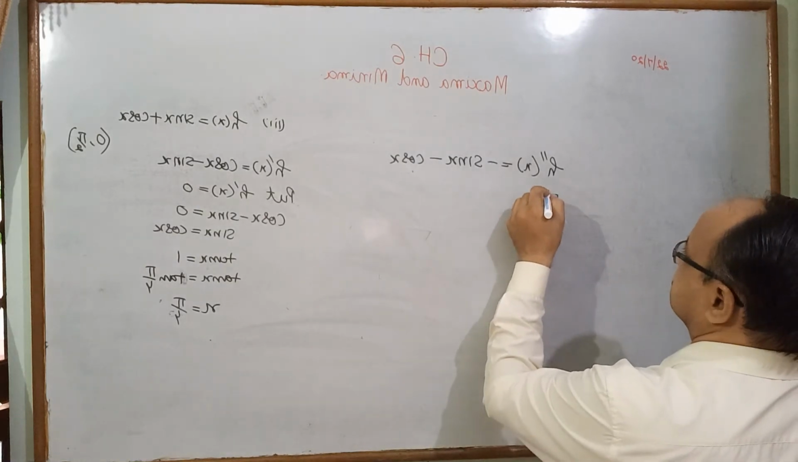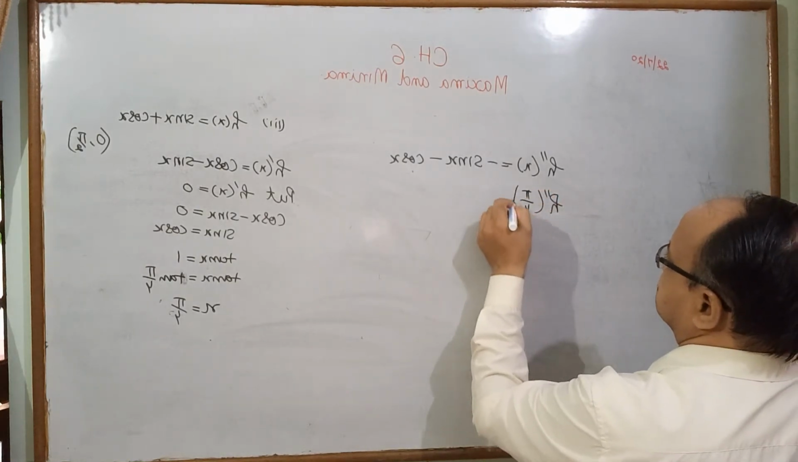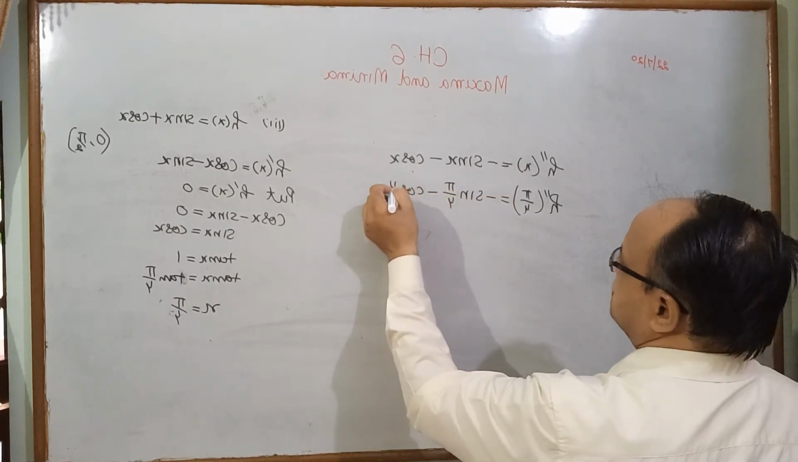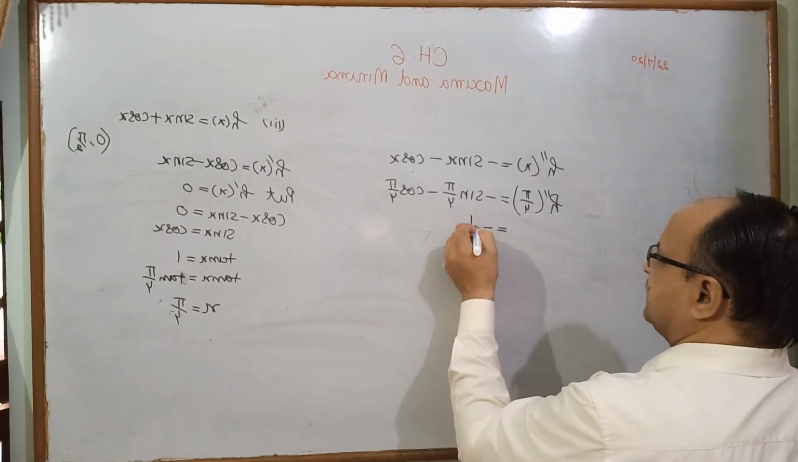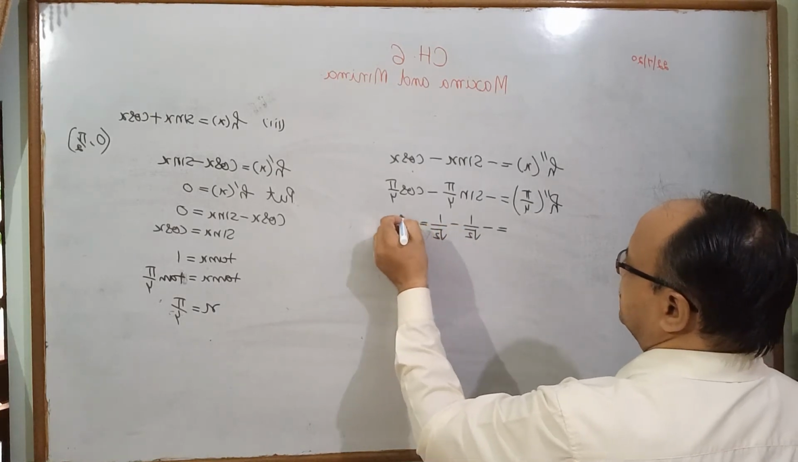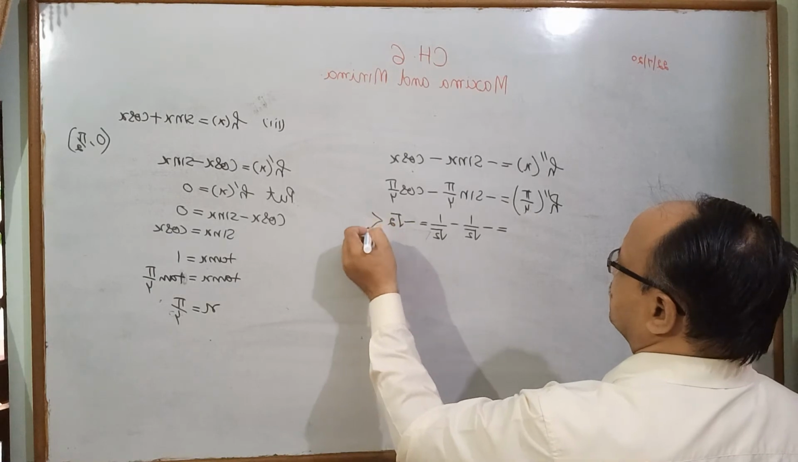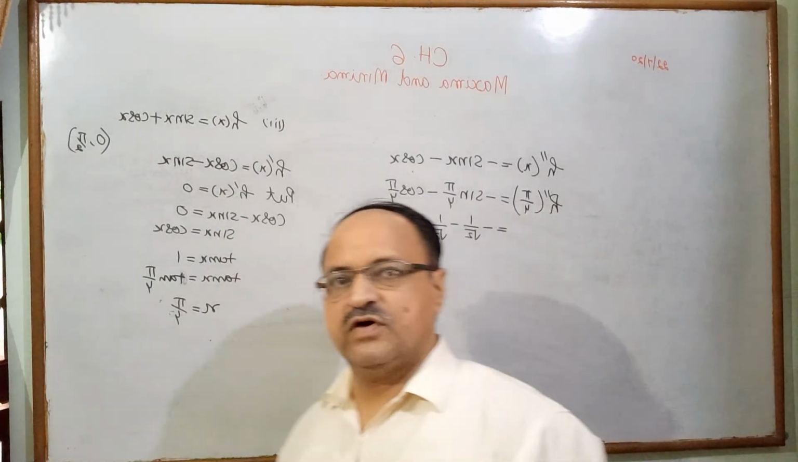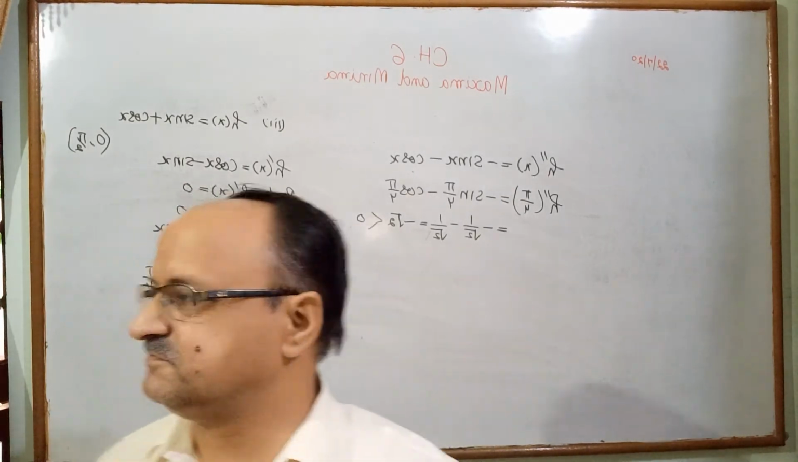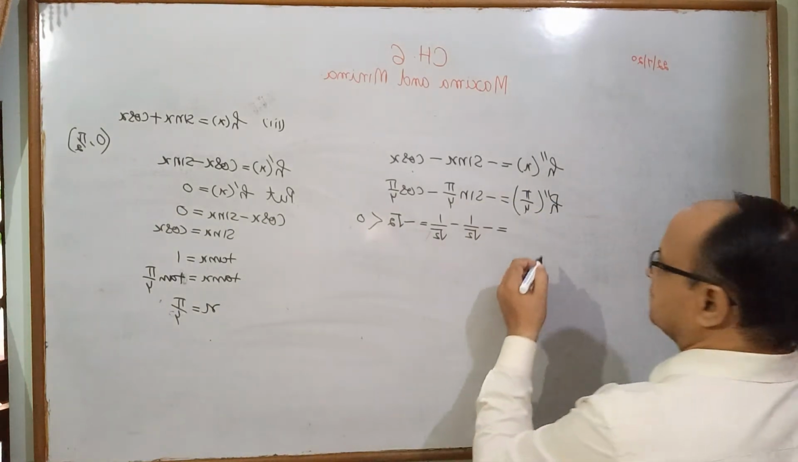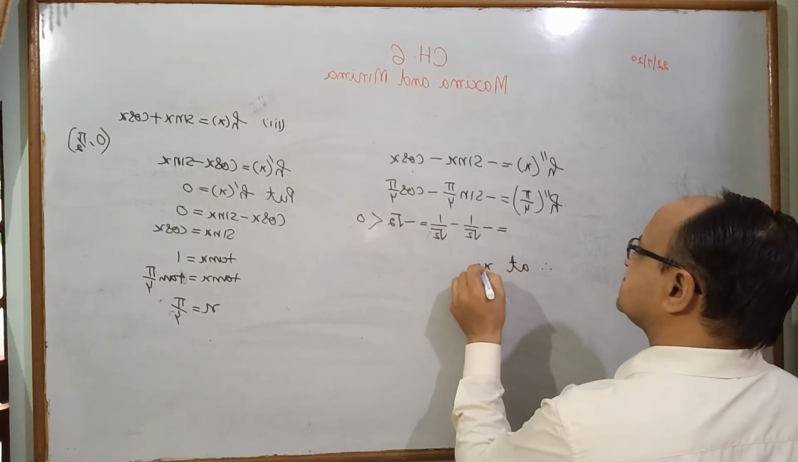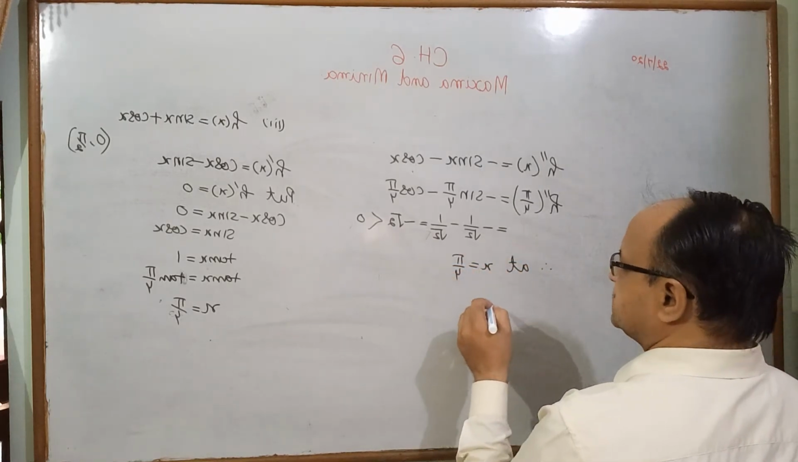Just put pi by 4: minus sin pi by 4 minus cos pi by 4. The value of sin 45, you know, is 1 by root 2, and 1 by root 2. When you simplify, the answer is minus root 2, which is less than 0. 1 by root 2 plus 1 by root 2 is root 2, simply you can add. All are very intelligent students. Now, if the second order derivative is less than 0, then you can say at x is equal to pi by 4